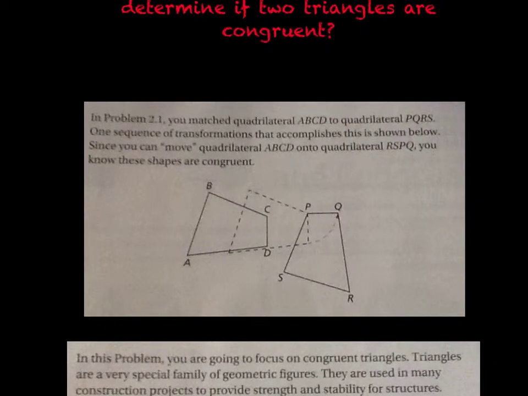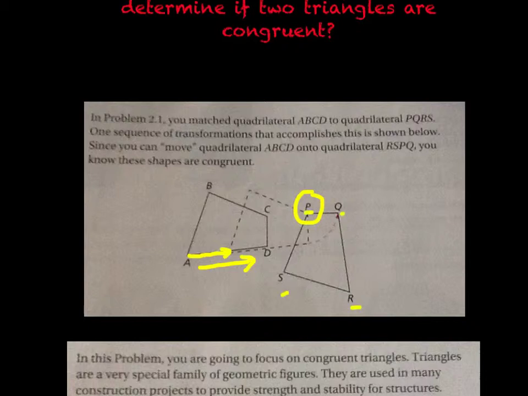So in problem 2.1, you match the quadrilateral ABCD to the quadrilateral PQRS. One sequence of transformations that accomplish this is shown below. Since you can move the quadrilateral ABCD onto a quadrilateral RPSQ, you know that these shapes are congruent. So essentially, what we could do is make a slide move. We could translate the shape. Looks like approximately half the distance of AD, and then after that we could rotate it around point P, and eventually get ABCD to sit on the same shape